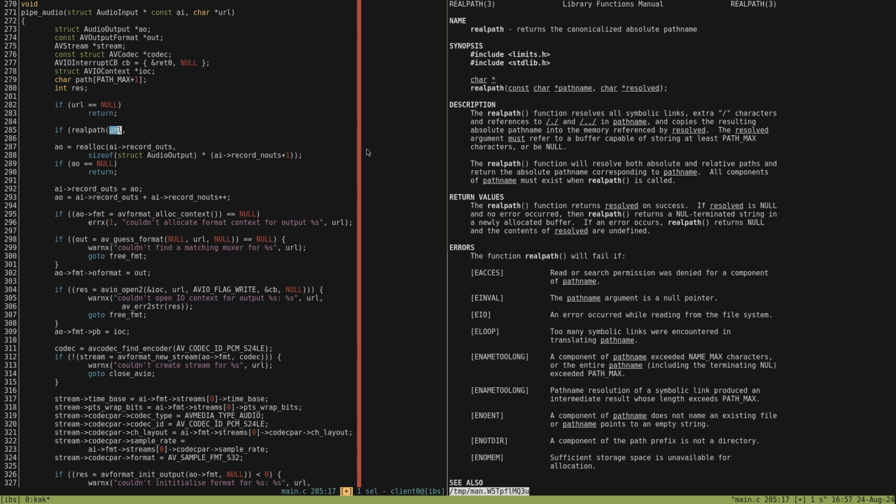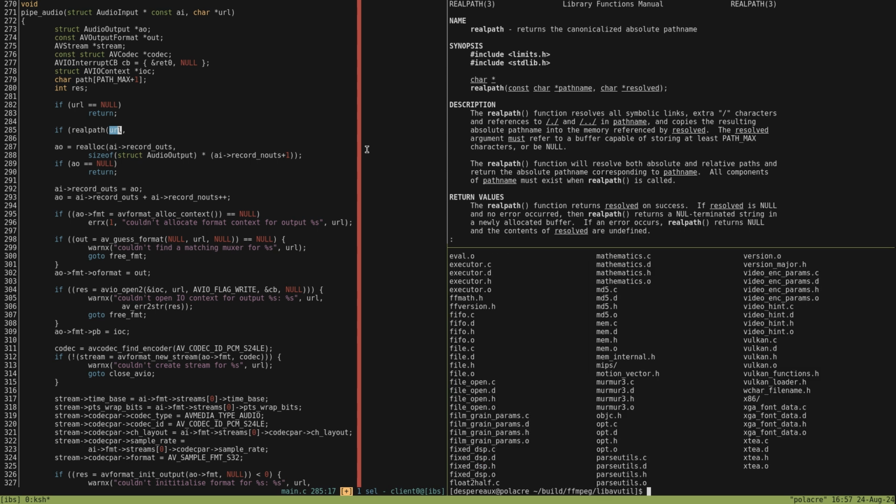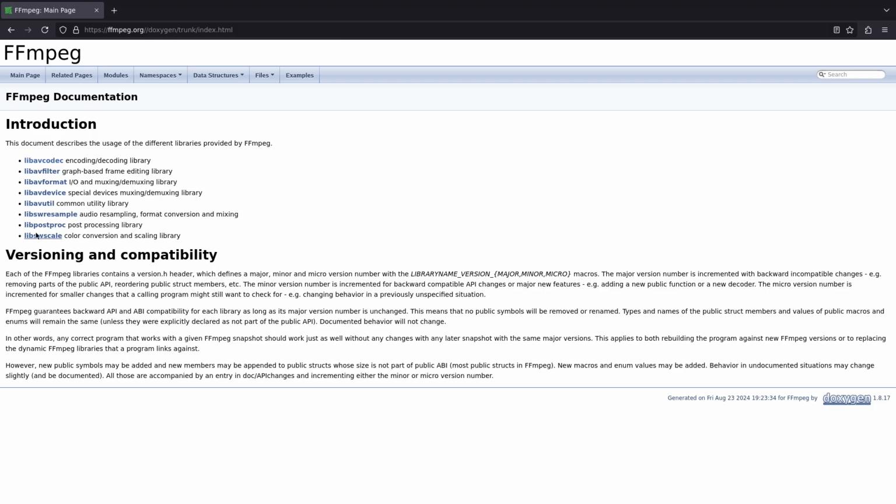Oh, that's a very good point. It can be a URL. It doesn't have to be a path on the local file system. Resolve, I don't know.